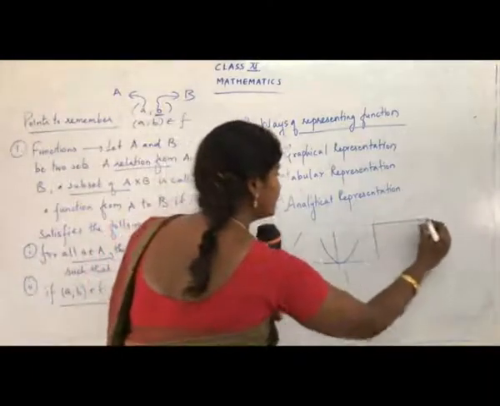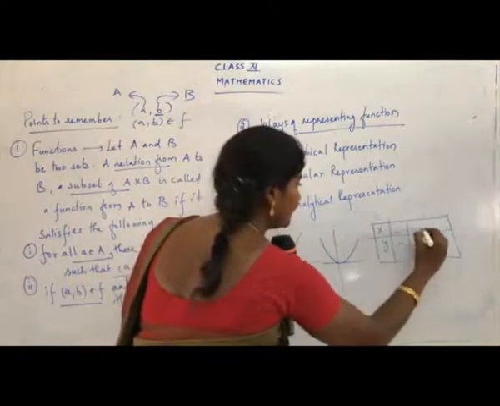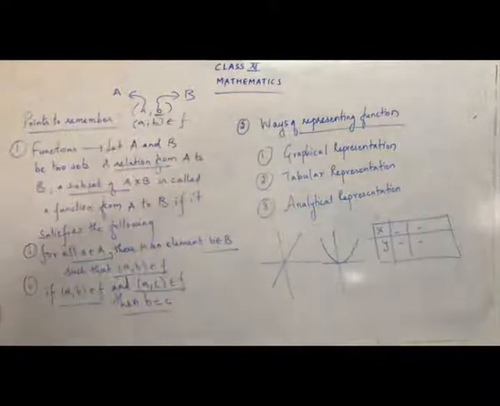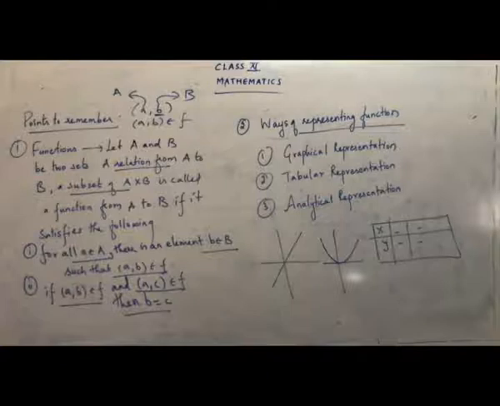And whenever you represent a function in the form of a table, where you have values for x and y, you say it is a tabular representation. You can see the definition or the examples they have given on page 20. You have a tabular representation, a table is given. Graphical representation, the graph: you can see on page 21 some graphs are given. So the way of representing a function using a graph will be a graphical representation.